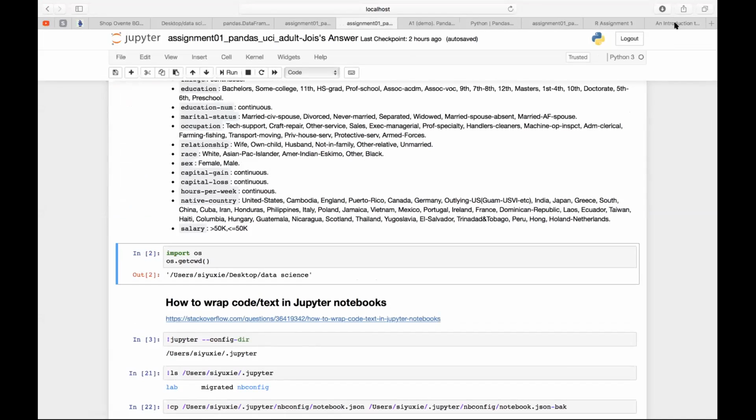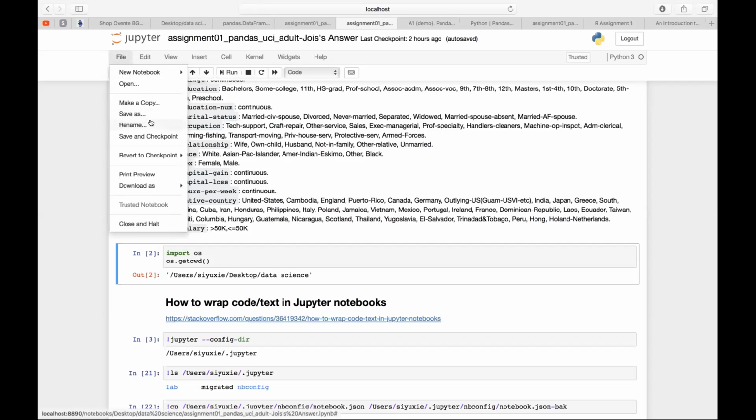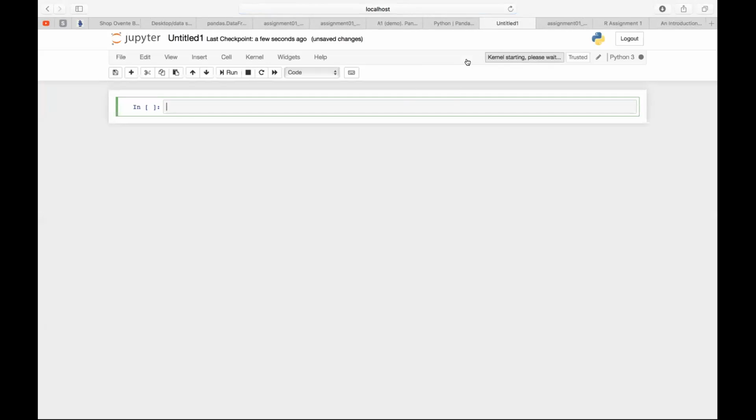Do you guys have the Jupyter notebook open on your computer? We can start a new one. Great. So let's create a new notebook. File, new notebook, Python 3. So if you create a new notebook from your end,